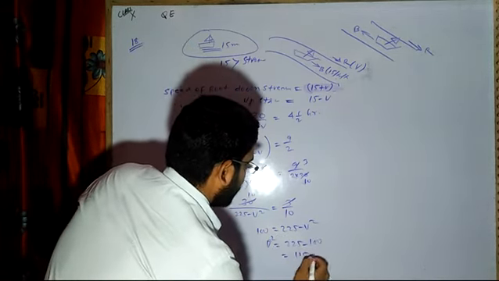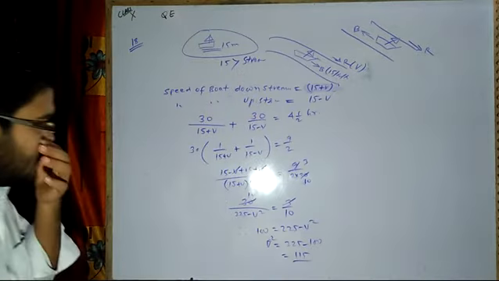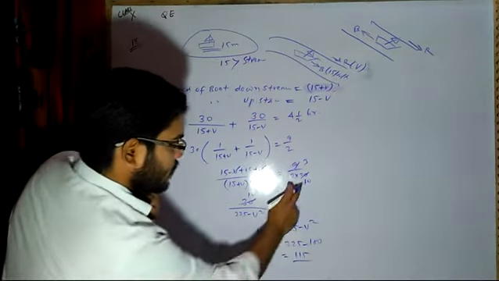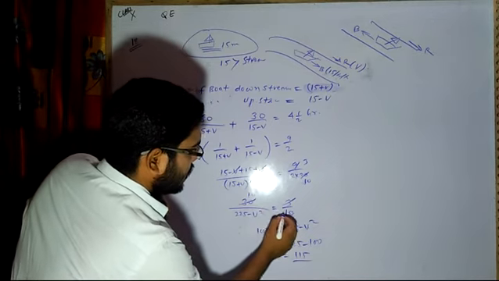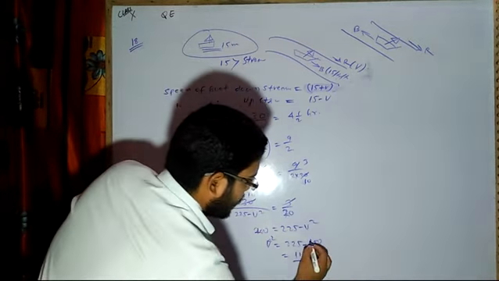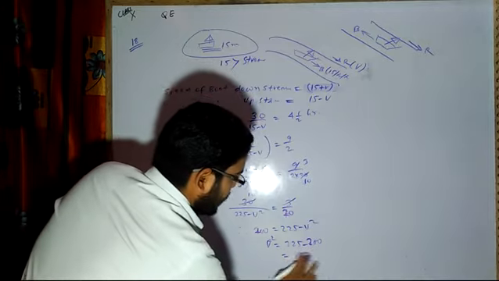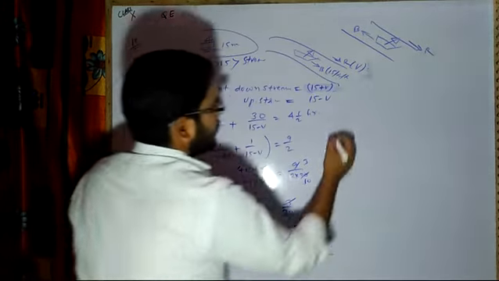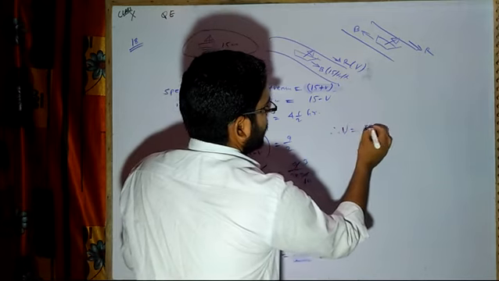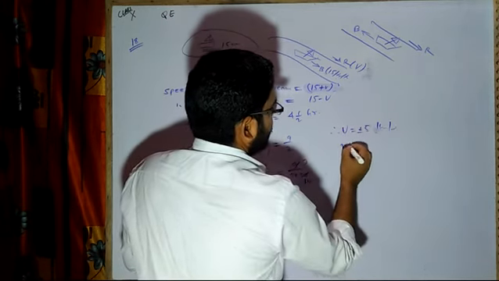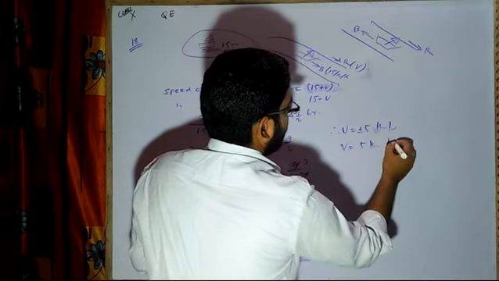So this side, V square will be equal to 225 minus 100. It is 115, I think I have made some mistake. It is 200 here, no? It is 200, so 225 minus 200 will be 25. So V square is equal to 25. Therefore V is equal to plus minus 5 kilometer per hour.